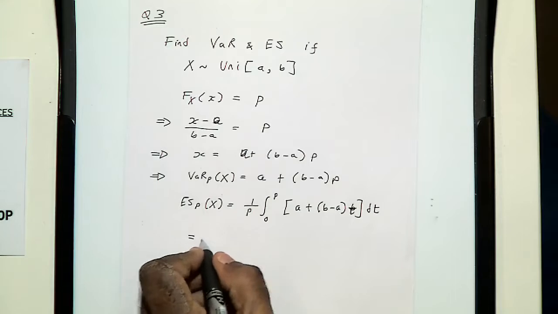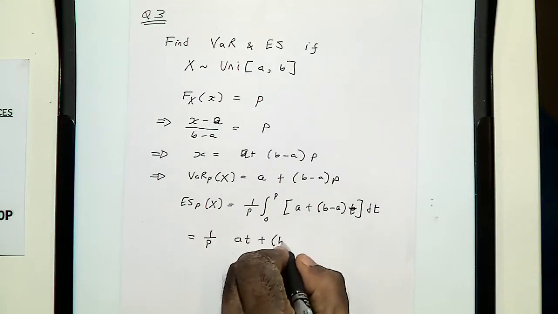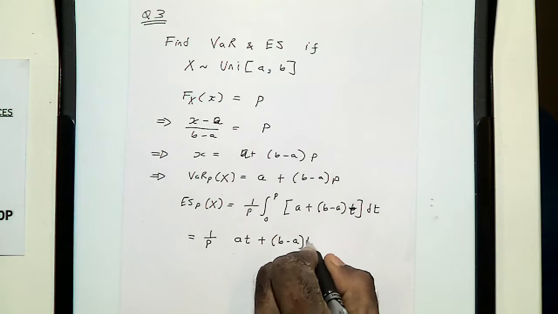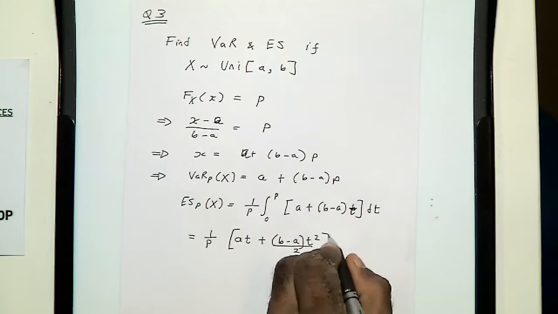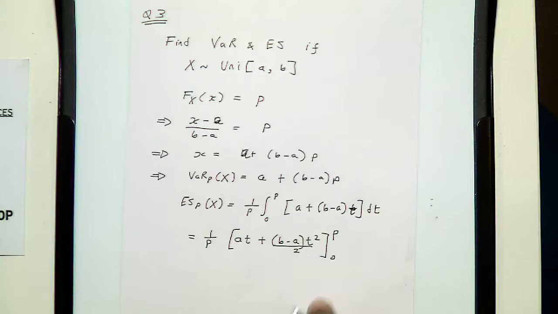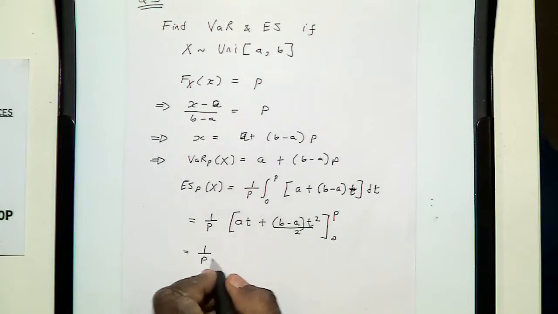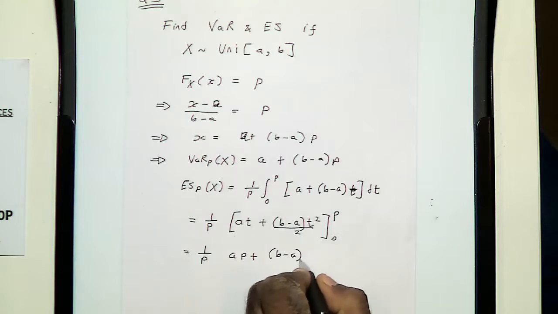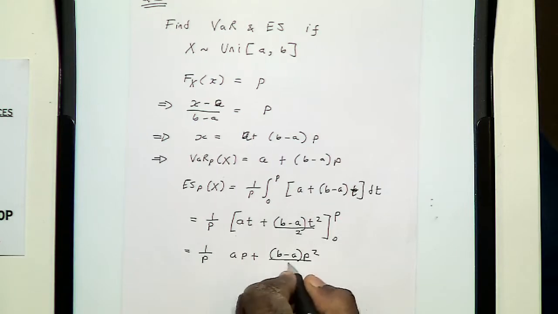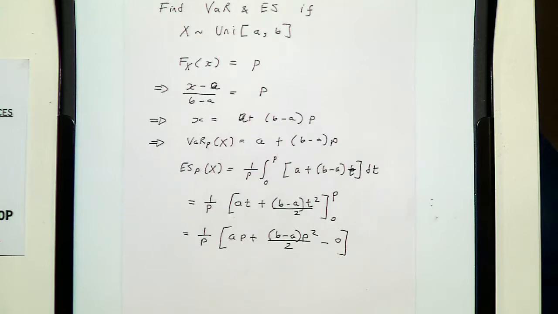So you integrate, so 1 over p times a t plus (b minus a) t squared over 2, integrated from 0 to p, you get 1 over p times a p plus (b minus a) p squared over 2, minus 0. Okay, so it becomes